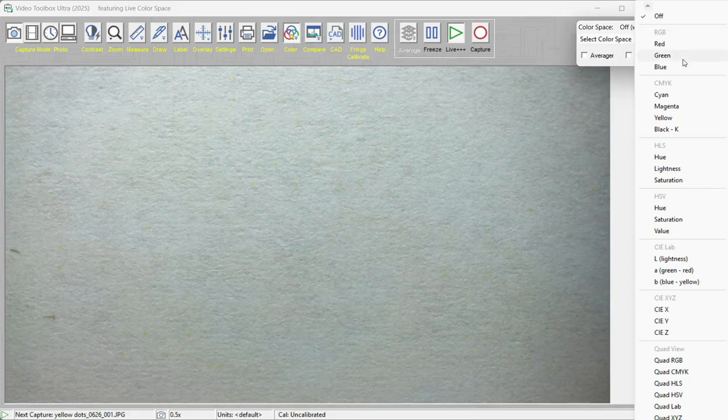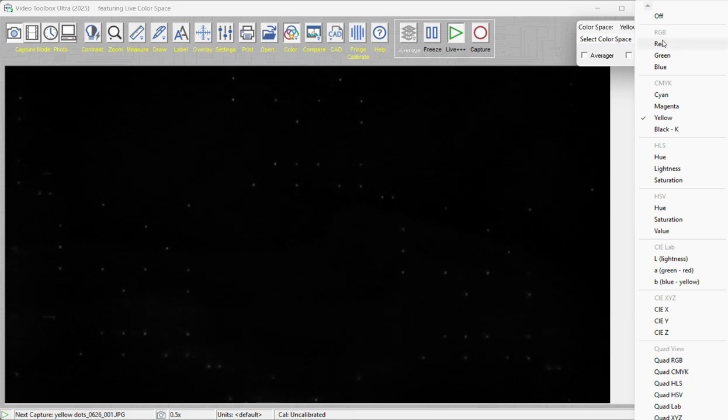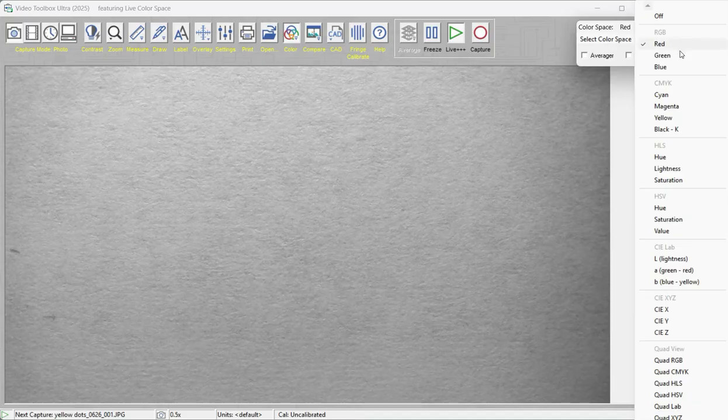So we're going to turn that on, and we have our options here for all these different color spaces. And kind of the most obvious one that you would jump to would be the CMYK space, where we actually have a yellow channel. So let's go and look for yellow. And you can kind of see that there are dots there, but this is actually not necessarily the best choice. A better choice might be to go into the red, green, blue space. Red is not the best choice, but blue is a good choice because blue is kind of the opposite in color space of yellow. And you can see as we select blue that we can see these dark dots here,